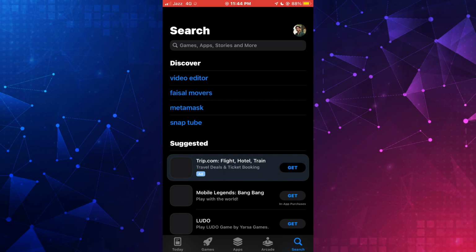So make your way over to your App Store, and you just want to load up that specific application and actually update that application. Now, if your keyboard is still not opening up in other applications, what you want to do